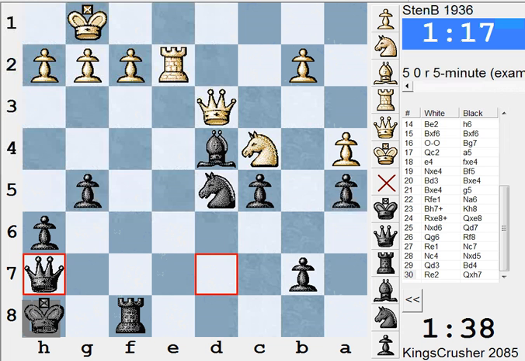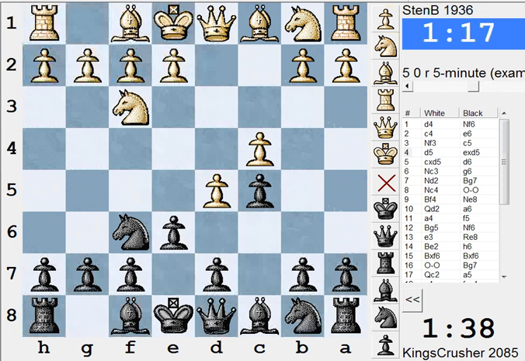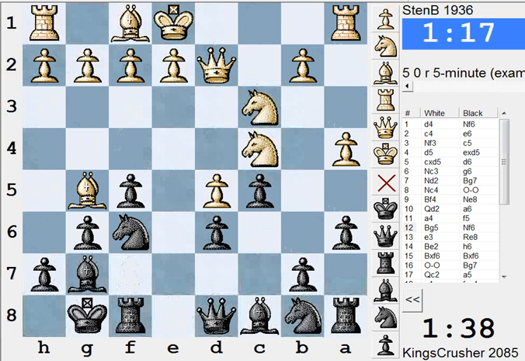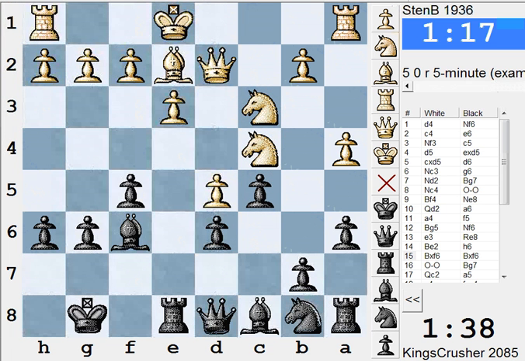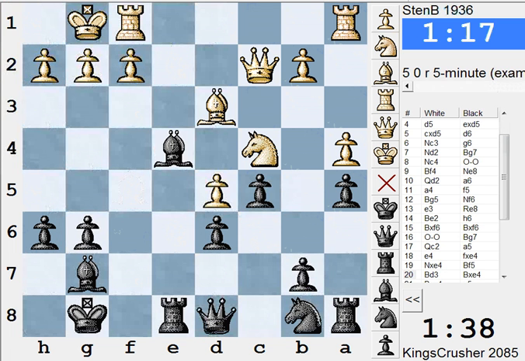Yeah, he's resigned. That was a big blunder. Okay. So that was a bit of a mess, that game. Passive here. But then, I don't know, he sort of gave me the dark square bishop, but then I gave him the light square bishop for some weird reason. This E4 probably should have just...